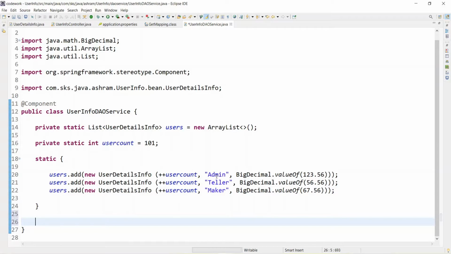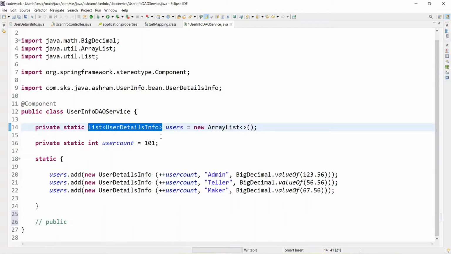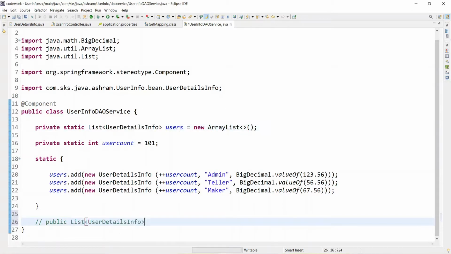Let's say I want to find all the users. So how can you write this? Public, I will have a method that returns this, because I want the list of all the users. Correct. And type findAll. This is one thing I want to implement.